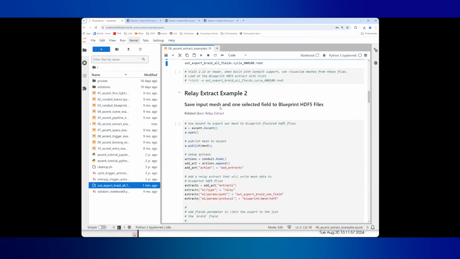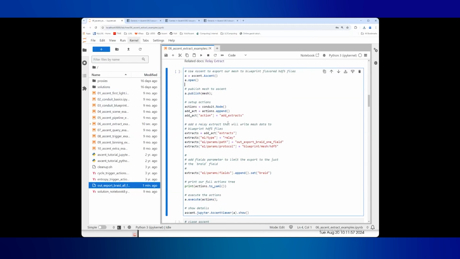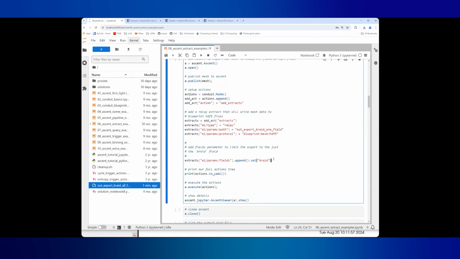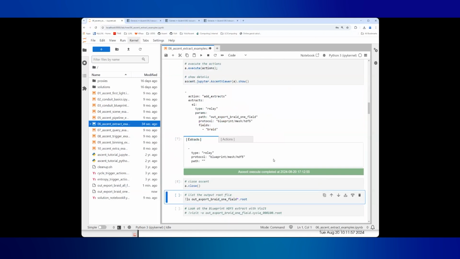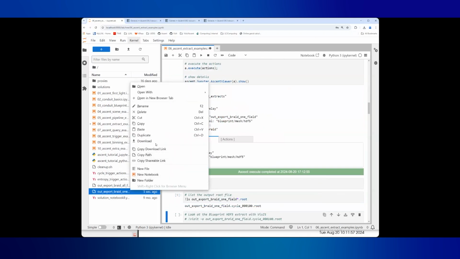So now, adding in some more modifications, let's say you only want to save one selected field. You want to save a little bit of memory space. This can be done really simply by adding this extracts params fields and appending the field that you want to save. So here we're going to be saving the braid field. And if we run this and check that our file got generated, it's right here. I'm going to download it again